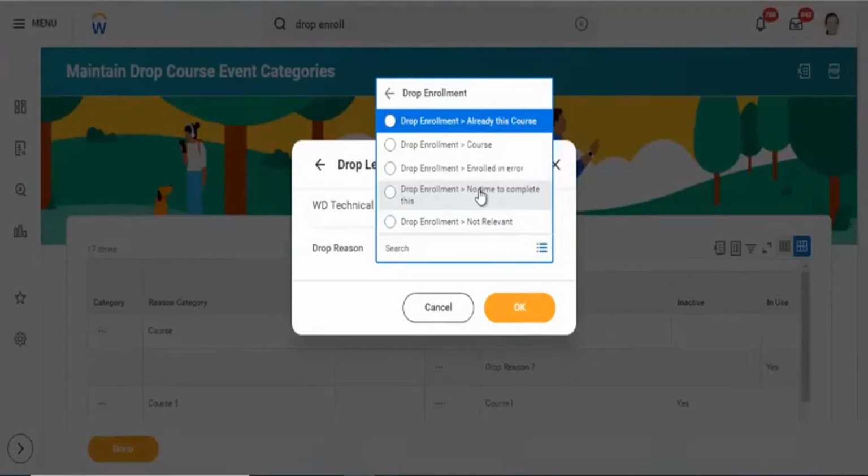If tomorrow learning implementation is going on with any of the Workday customers, you can suggest that we have an option to drop enrollment for an employee, and we can configure reasons for the drop, and the employee can select those reasons and drop from the enrollment.